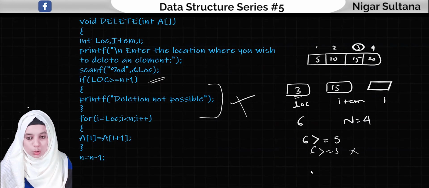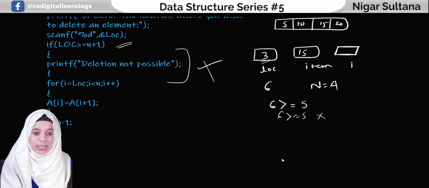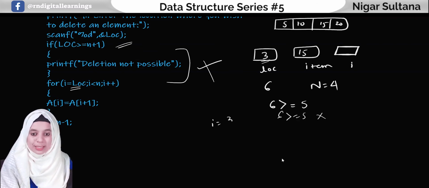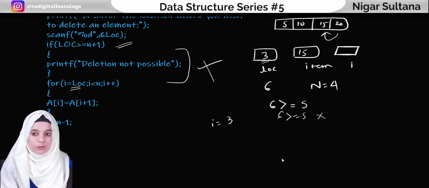So what is there in the for loop? So for loop, this is my initialization, I value is, so what is the value I have given the location? 3, right? So when I delete this item, what happens? This value must be given in the A of 3. How to place that? With the help of for loop, we will put the value of 20 in the position